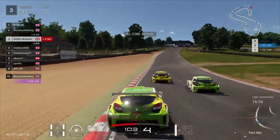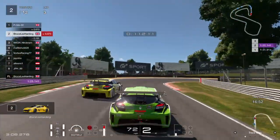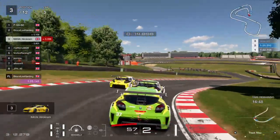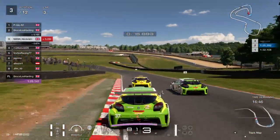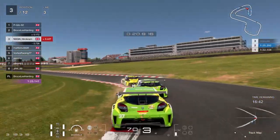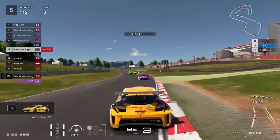Bruce Lee, conscious of the fact that, look at the chance he's got up the inside now. Bruce Lee, can he brake a little bit later? He brakes earlier. Hirakram sniffs a position. Good defensive driving and offensive driving from Bruce Lee Harding. They just stay in formation for now, but that's going to bring Matty Rudd and Vortex Racing back into the